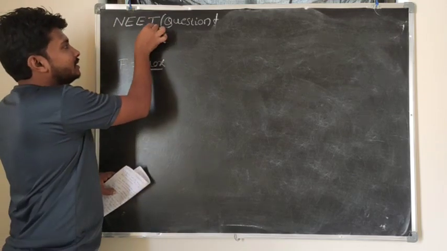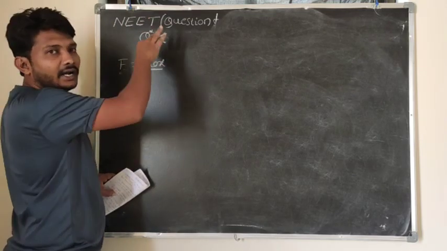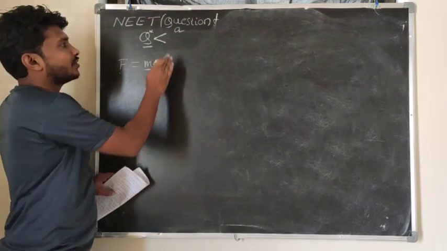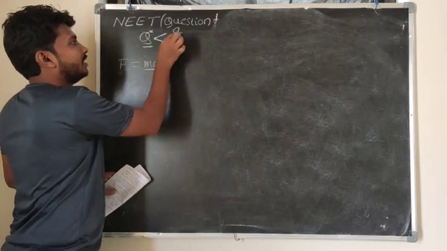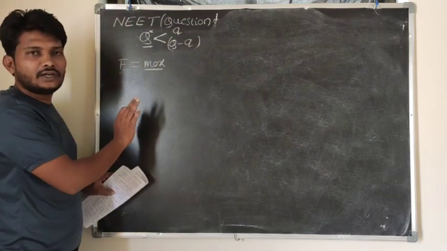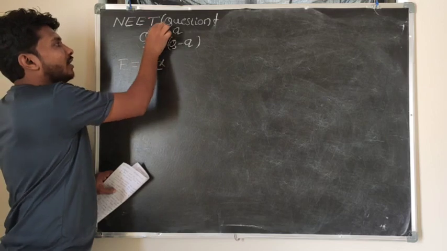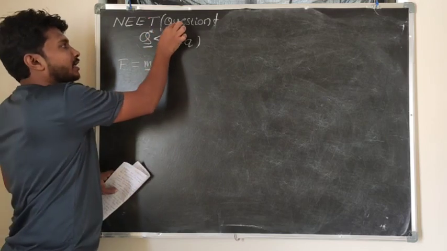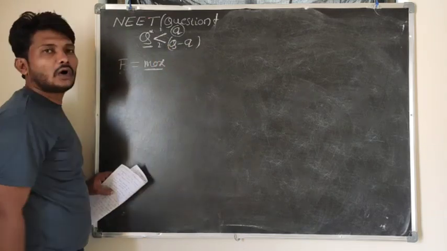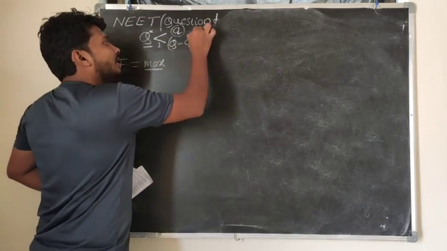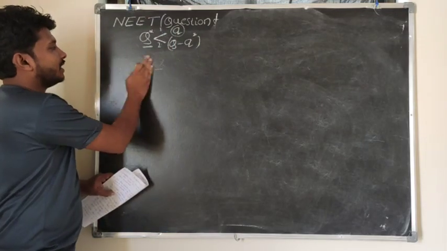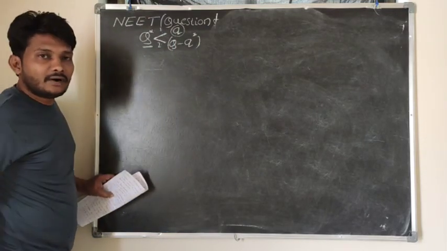This entire charge Q is divided into two parts, they mentioned. So I will assume that one part is q. Charge Q is divided into q and the remaining portion is Q minus q. Did you get my point here? One part is small q and the other part is the remaining charge, capital Q minus small q. First I want to calculate what that small q value is, what the magnitude of the charge should be in order to get the maximum force.